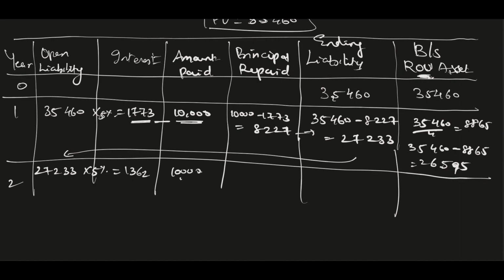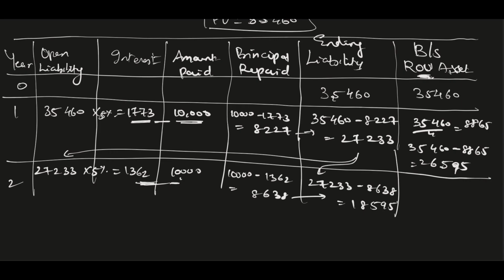So if the company is paying 10,000, the remaining amount should be principal repaid, which should be 10,000 minus 1362, so that comes to 8638. Okay, and the ending liability, initially this was the liability 27,233 minus, now this has been repaid, so 8638, so that comes to